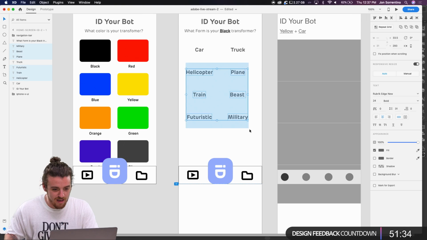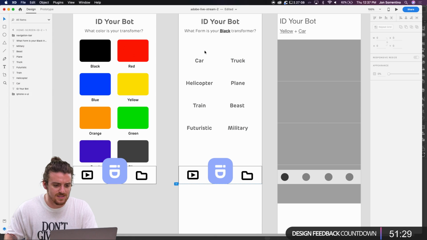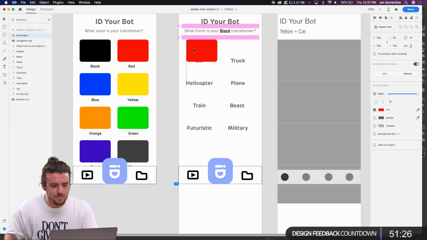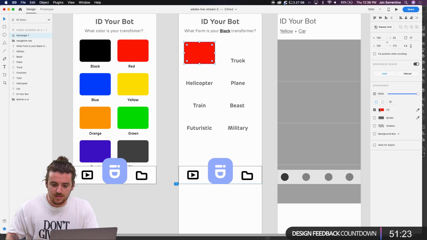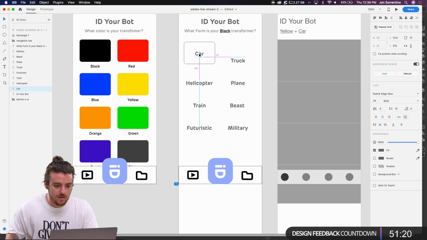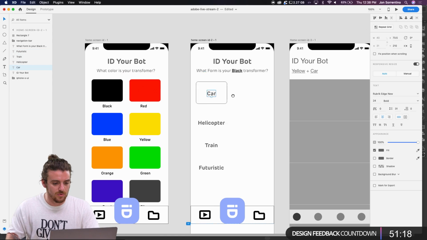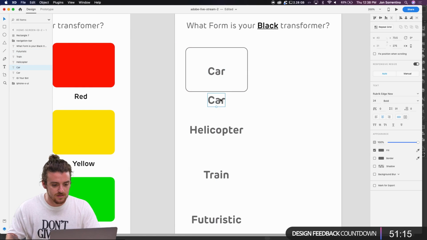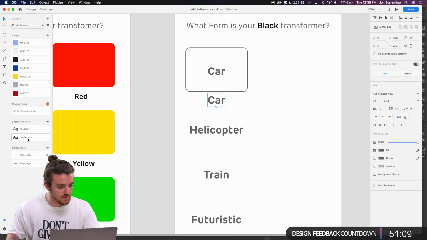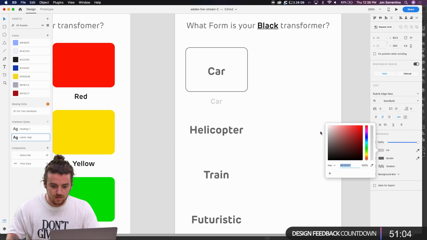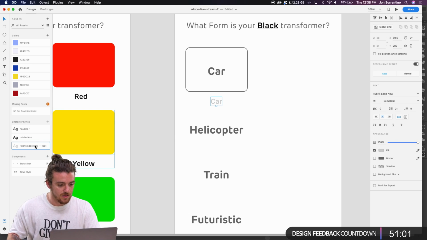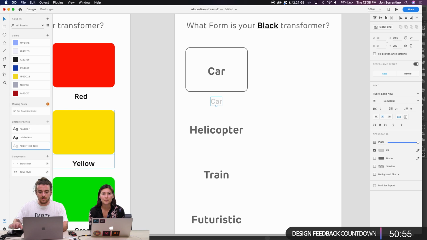So, okay, we have our labels here. I think it would be cool if these were spaced out. Maybe we start to put them in these tiles again as well. Let's make this outlined. I think that starts to feel pretty cool. And then maybe under it is our helper text. So let's go back over to our components. Let's make this 16, and then let's make it a lighter gray. Helper text, 16 point.